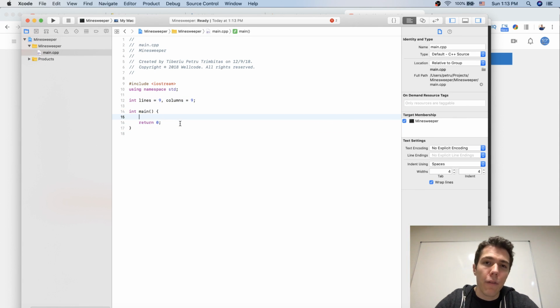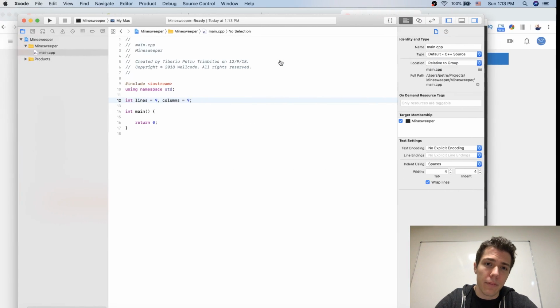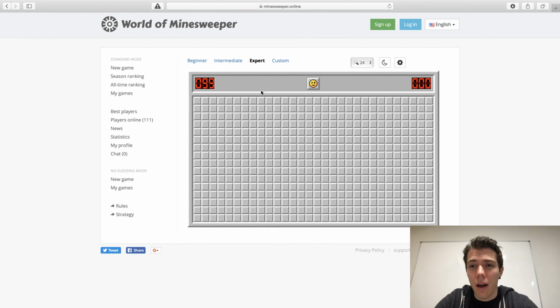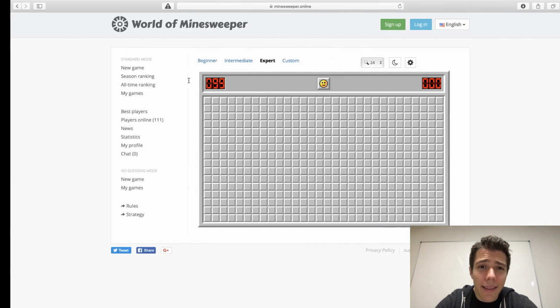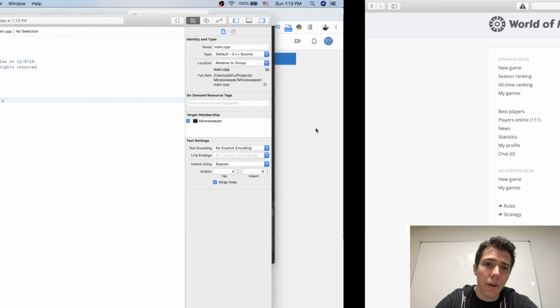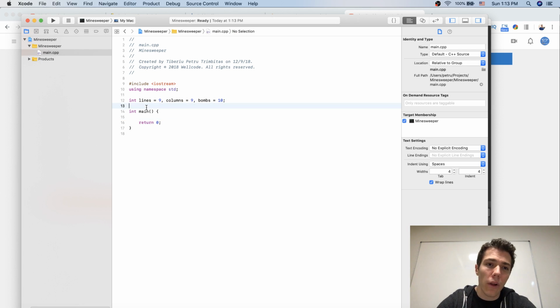First of all, I'm just gonna build a game for a 9 by 9 board, and then I'm gonna complicate it. I'm gonna allow the user to add options if he wants to play as an intermediate on a bigger board or even as an expert. And I also need a variable which will count how many bombs there are on the board. So bombs, and I think there are 10 bombs here. 10 bombs. And now, first of all, I need a function which will print me the board,